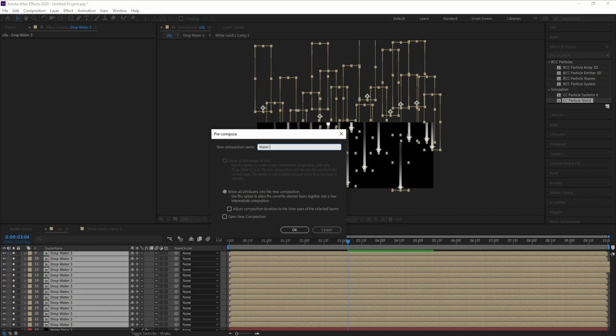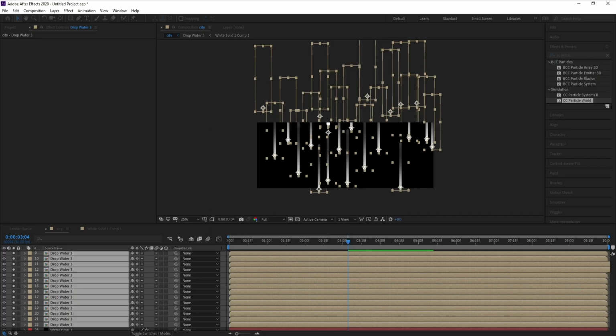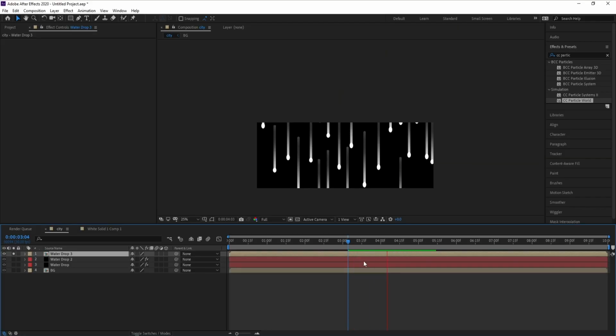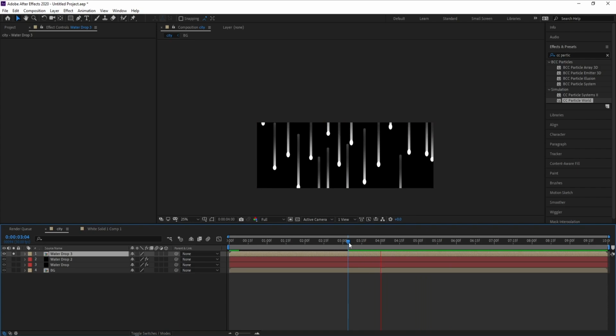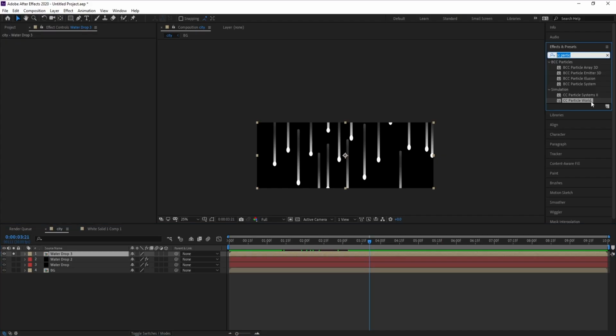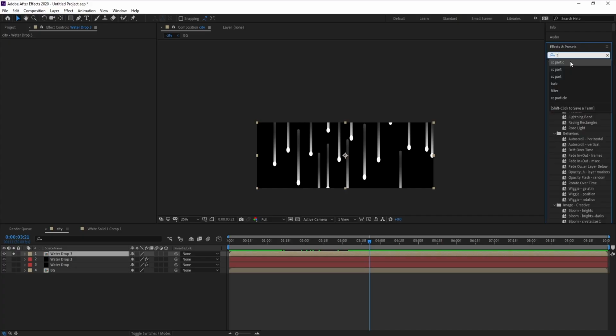Water drop 3. Okay, this is very good. So go to water drop, and in Effects and Presets I'll type turbulent